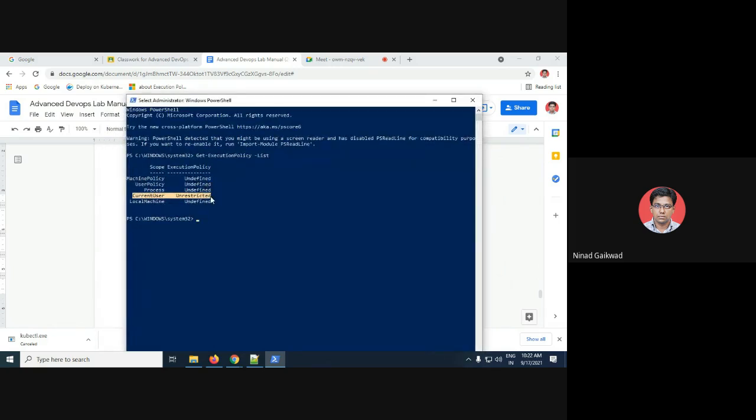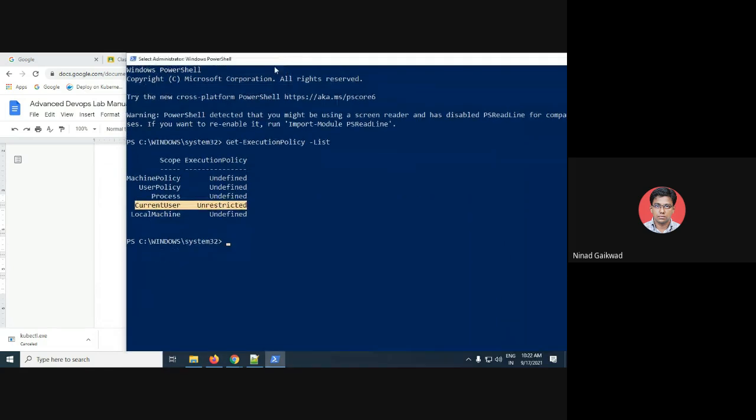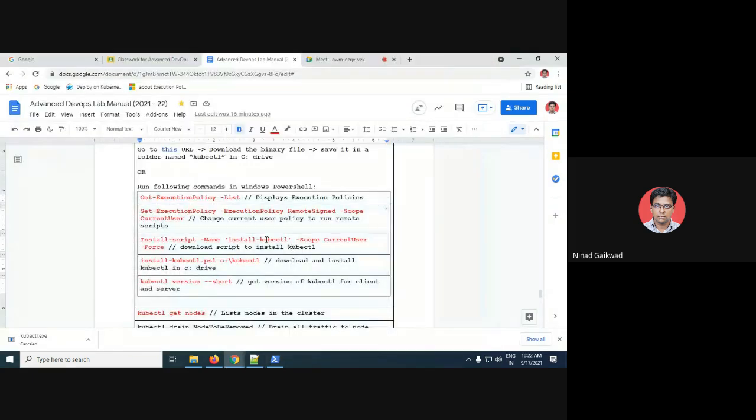policies are there for the users. So for current user, the policy initially will be undefined. So you will need to change the policy to RemoteSigned, and what that will do is it will enable you to run remote scripts and also download those scripts. After that you'll be able to run this command, install script, and the script name will be install kubectl. You will run the script, and you will store the output in this folder, which is basically the folder that we created. And then if you just run this command kubectl version,